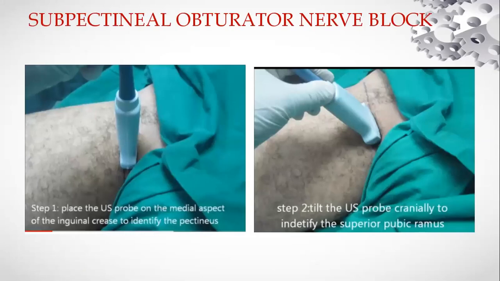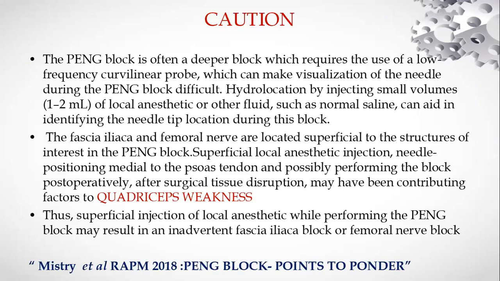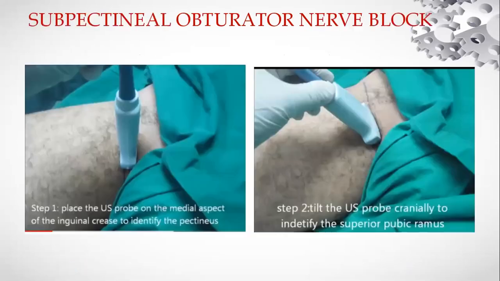Now, further, as we discuss, this particular approach will definitely block the accessory obturator nerve and the femoral nerve, but probably the high branches from the obturator nerve will not be blocked by this. So there has been a hypothesis of combining this with certain other blocks to cause more satisfactory or complete analgesia. So again, a subpectineal obturator nerve block has been hypothesized, has been suggested.